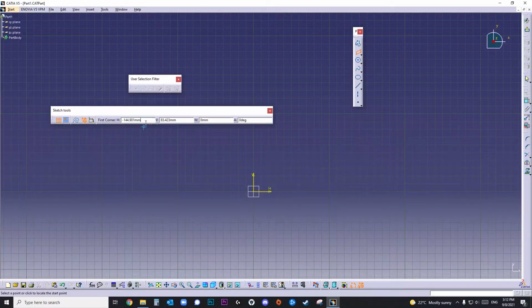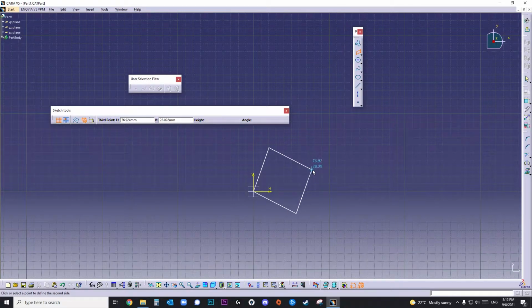So again, I will start from the origin. Okay, so now to establish the width of my parallelogram, I will select a width of 60 millimeters at an angle of 70 degrees, and now I have my width